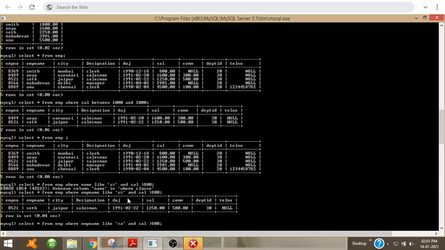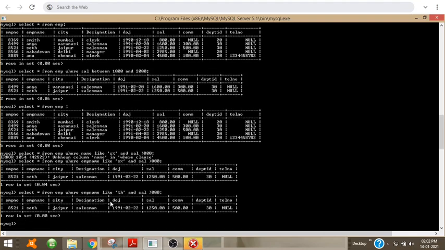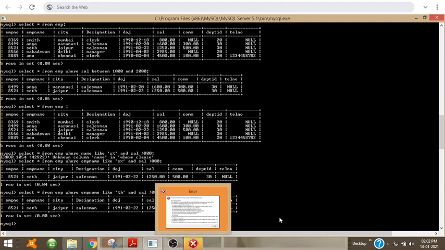If I write percentage H, that means the last character is H, that is, before the percentage any characters can be there, but the last character should be H. And if I write the character first like this, then the first character should be S. So you can see here only one person has a name ending with H and a salary greater than 8000.